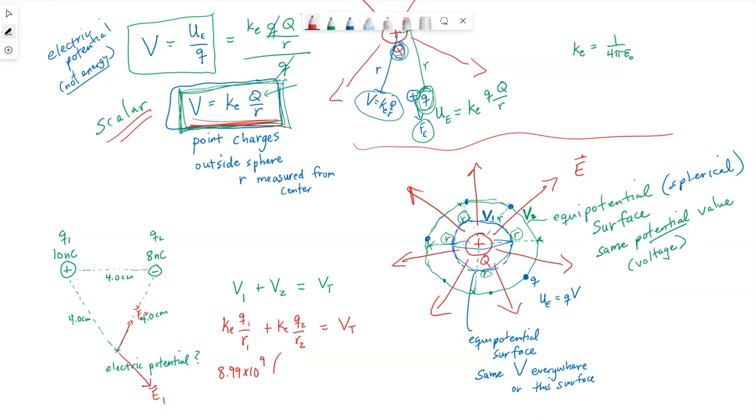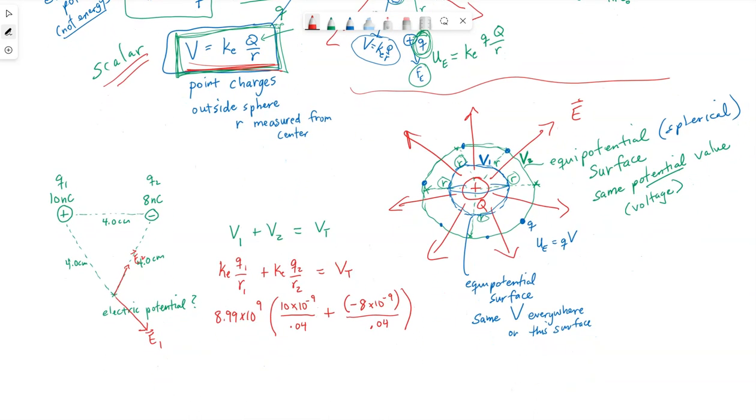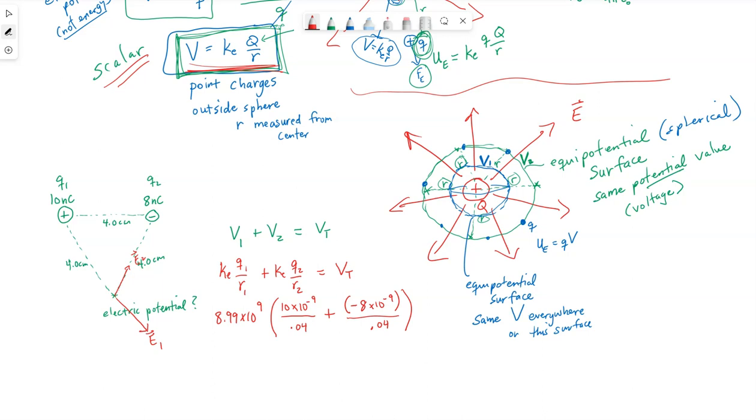So K, I'm going to pull out because it's in both terms. Q1 is 10 times 10 to the negative 9 coulombs divided by the 4 centimeters. And then Q2, though, is negative. So I do want to put in the negative value. It just means a lower value. This is also 4 centimeters away. Scroll up just a little bit. So plugging these in,